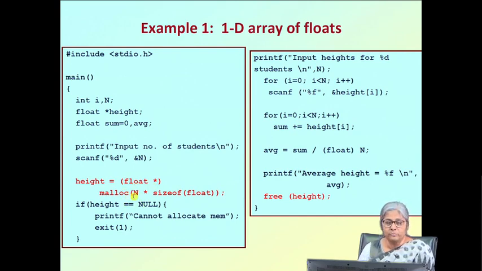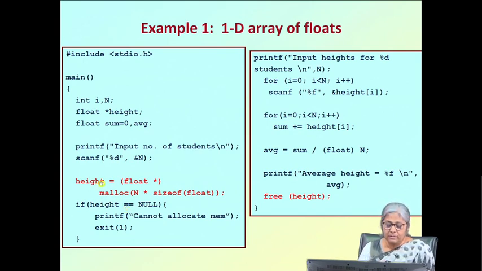Since n is the number of students, for each student I need sizeof(float), because height is declared as float. We know that if sizeof(float) is 4 bytes, then multiplied by the number of students, it gives the total number of bytes required. Then, if height equal to NULL,